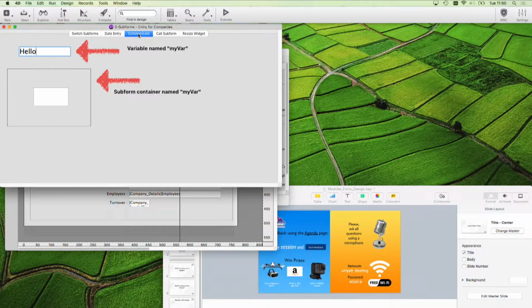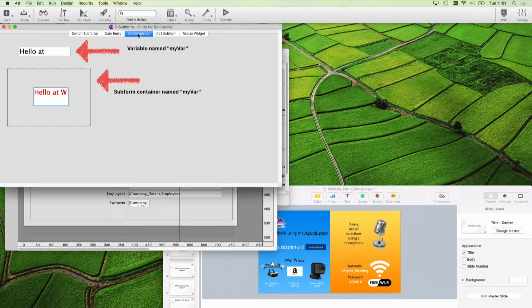Hello. Add space, and automatically I press tab. 4D automatically sends the value. You know this since years. If variable names are the same in your form, and you validate the entry, the values are communicated, spread automatically between all the variables with the same name. And here we want to say hello at